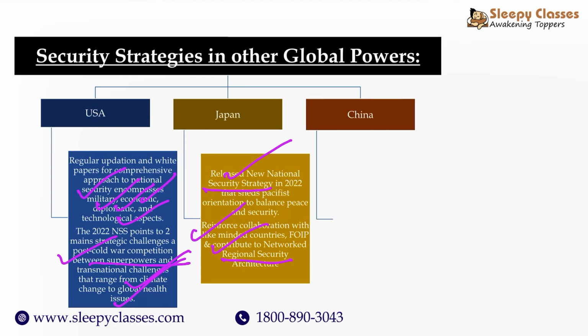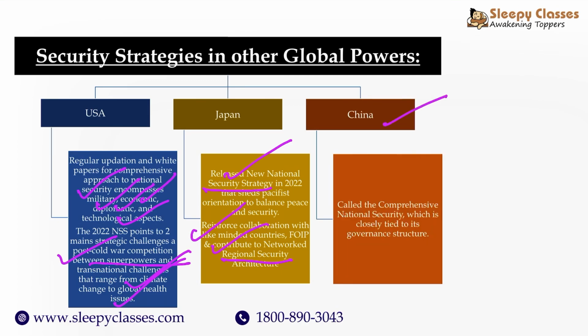Then even a superpower like China has its national security strategy in place, which has been called the Comprehensive National Security, particularly looking at the kind of hybrid warfare that China indulges in. Most recently, we have also come to know the gray zone tactics that it employs, right? Non-traditional manners in which it tries to curb, humiliate and embarrass various countries, right? So the salami slicing approach that China does, or cartographic colonization, claiming certain areas as its own in a map, right? Or the economic bullying that it ends up doing.